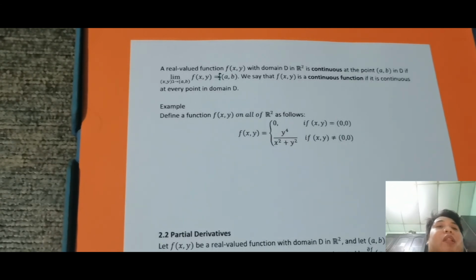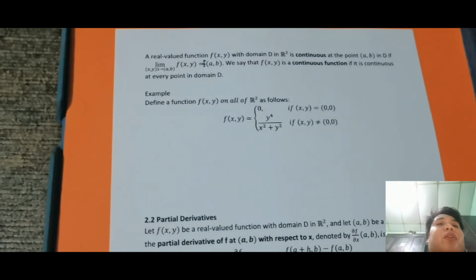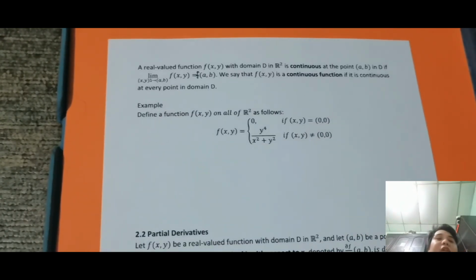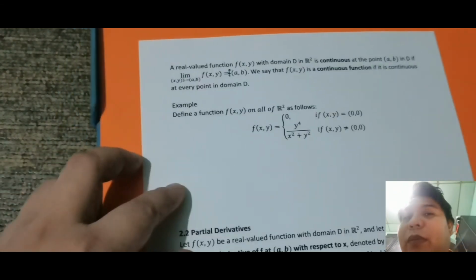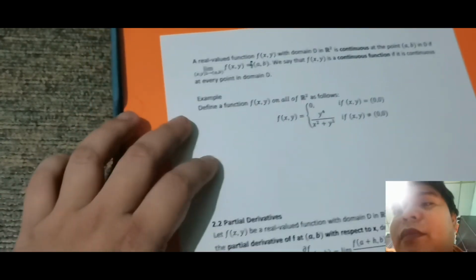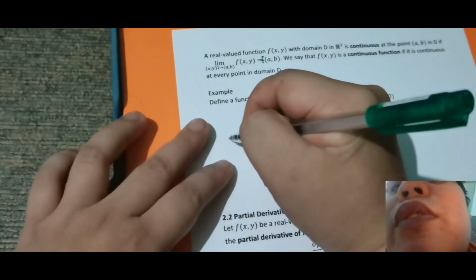So now, define a function f of x comma y on all of R squared as follows. So f of x comma y is 0 if x comma y is 0 comma 0. Next, it is y to the fourth over x squared plus y squared if x comma y is not equal to 0 comma 0. Okay, so anong kailangan natin gawin? Kailangan natin gawin is syempre kunin natin yung unang limit. So since piecewise function siya, okay, so note that